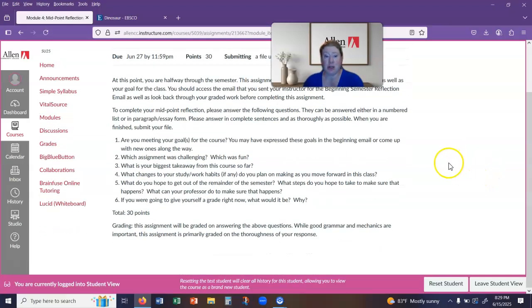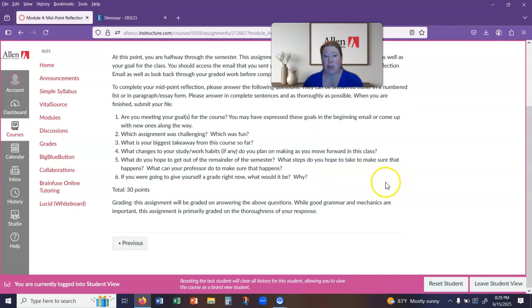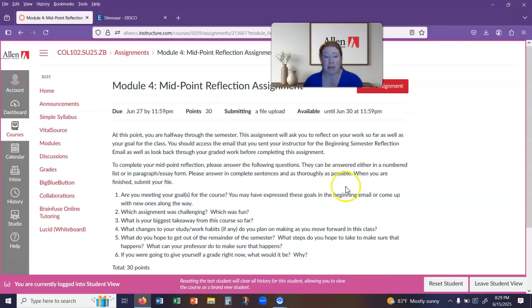Last assignment, midterm reflection. This does not need to be in the form of an essay, but it can be if you want to. Otherwise, you're answering these questions, just thinking about what have you done so far. What are you looking forward to for the rest of the semester? Is there anything that you need to change? That kind of thing. So you can look back at your first email that you sent me for your goals